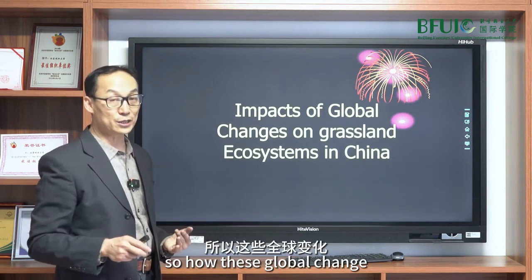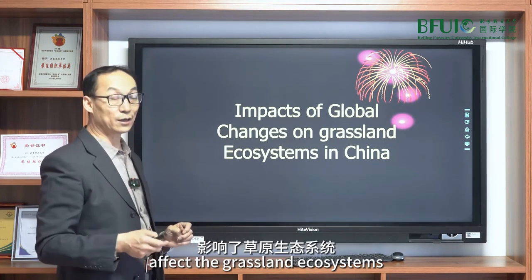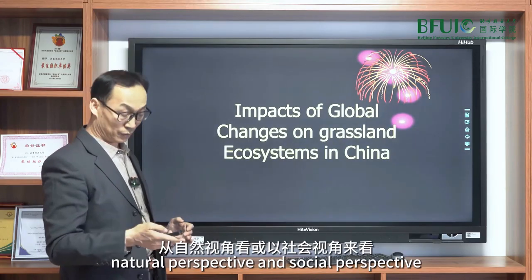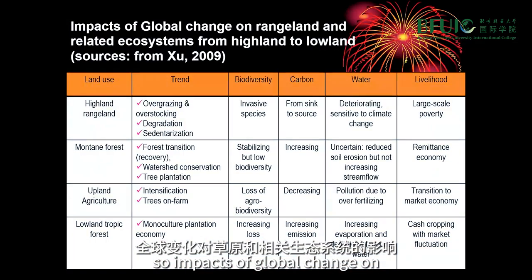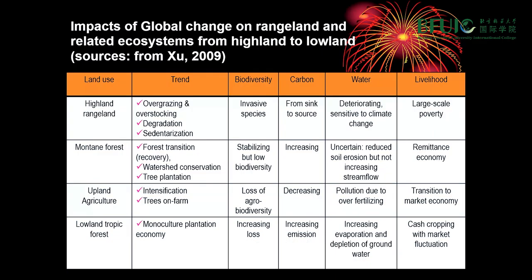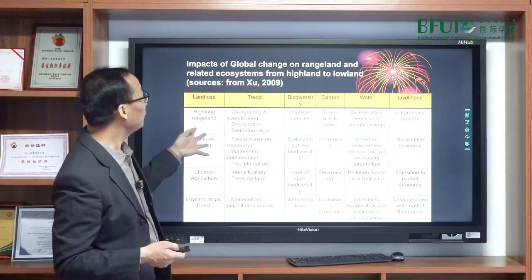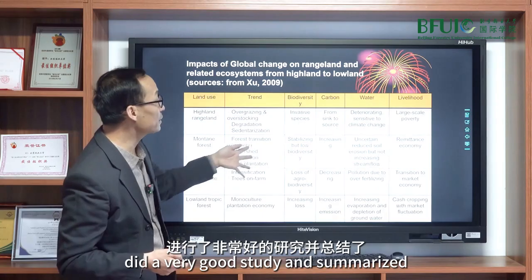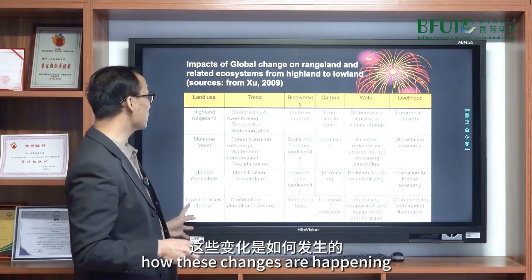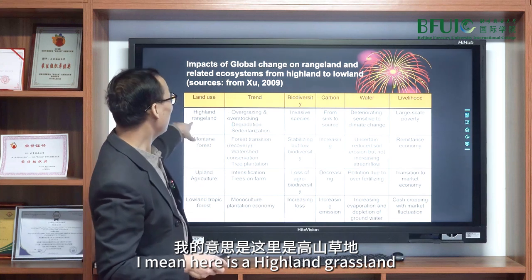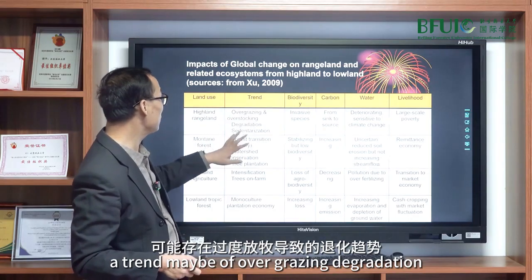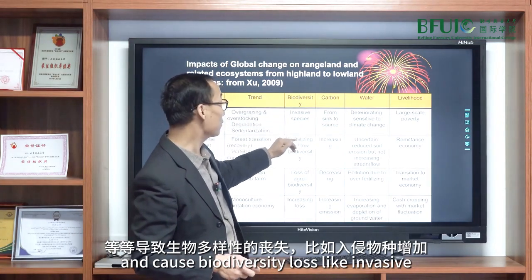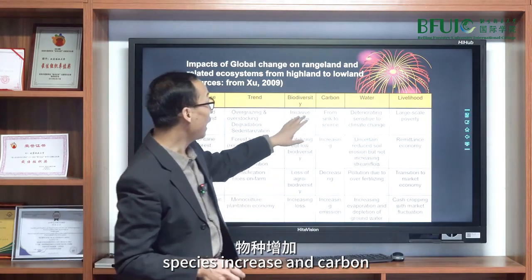So how does this global change affect the grassland ecosystems? I mean both from the natural perspective and the social perspective in China. These are the impacts of global change on grassland and related ecosystems from highland to lowland. Professor Xu Jianchu did a very good study and summarized how these changes are happening. Here is a highland grassland. The trends may be overgrazing, degradation, and so on, causing biodiversity loss, like invasive species increase, and